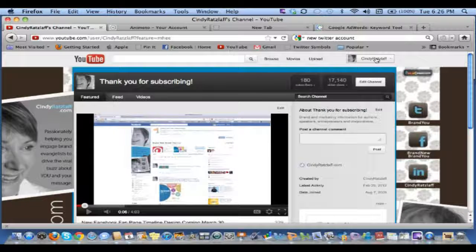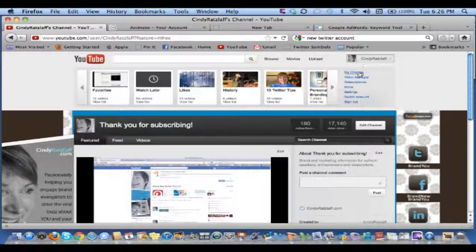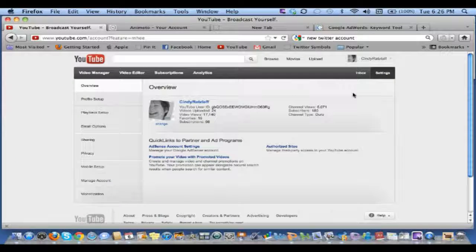Once you have your YouTube account set up, well, you know what? Before we talk about uploads, let's talk about the settings. Go up to the upper right-hand corner, and in the drop-down box, you're going to see behind the scenes of your YouTube channel, and you can click on settings. When we get to the settings section, it's similar to every other social media site in the sense that you can set up your profile,